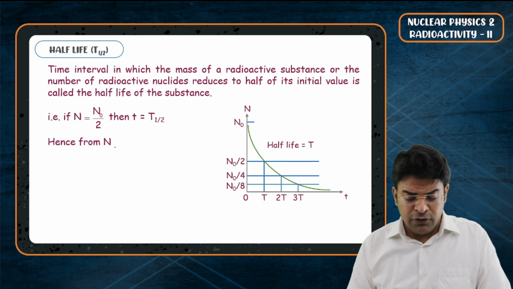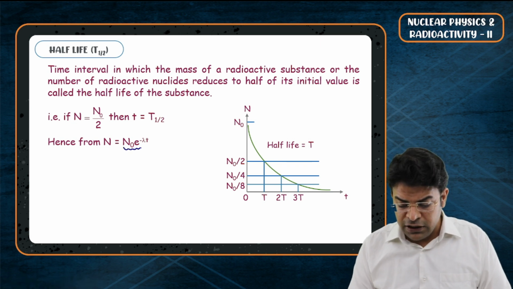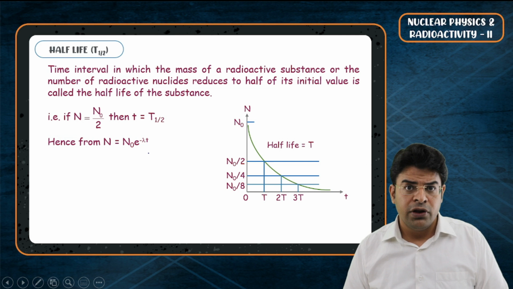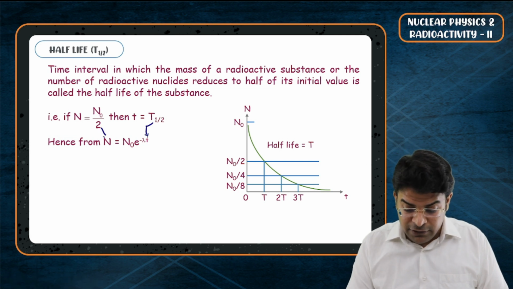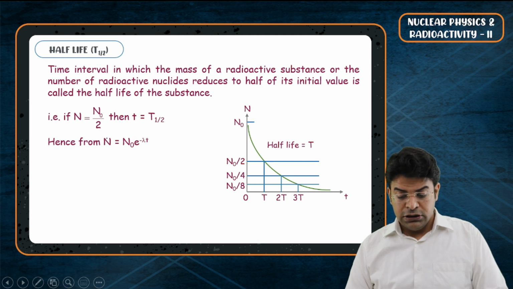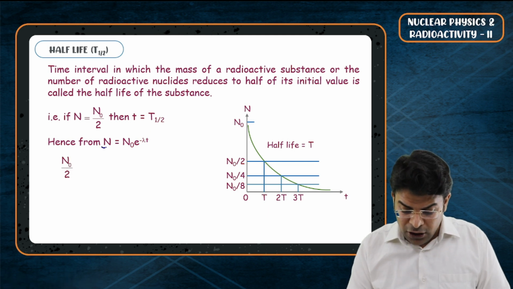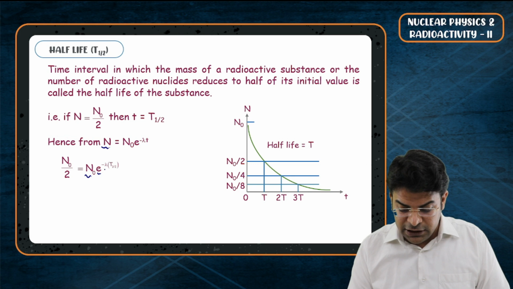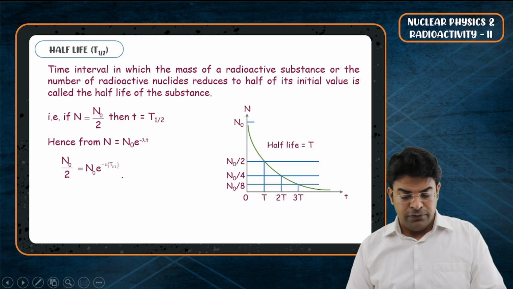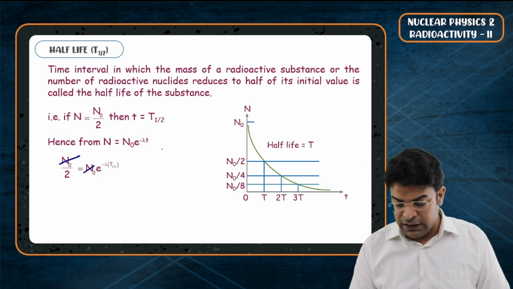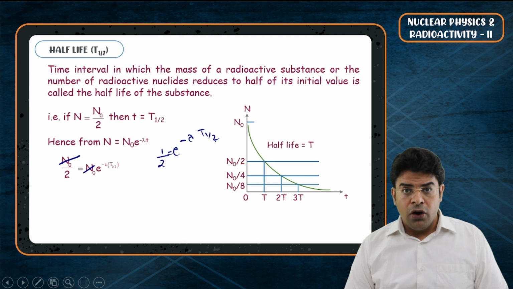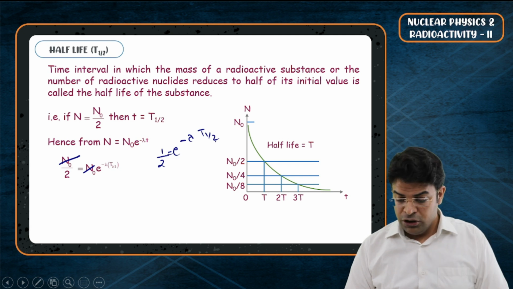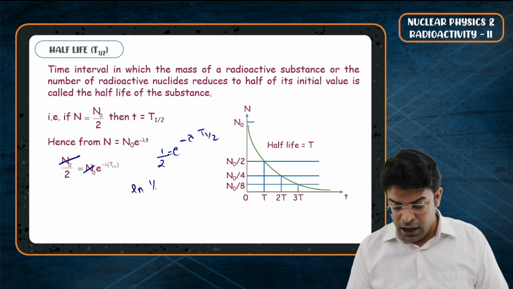Now from the equation we know N equals N0 e raised to the power of minus lambda t. We know that time equal to t half is the time when the number of active nuclei becomes N0 by 2. Substituting, we can say that N0 by 2 equals N0 e raised to the power of minus lambda into t half. Cancelling out N0, we can say half equals e raised to the power of minus lambda t half. Or you can take log on both sides. So you can say ln half equals